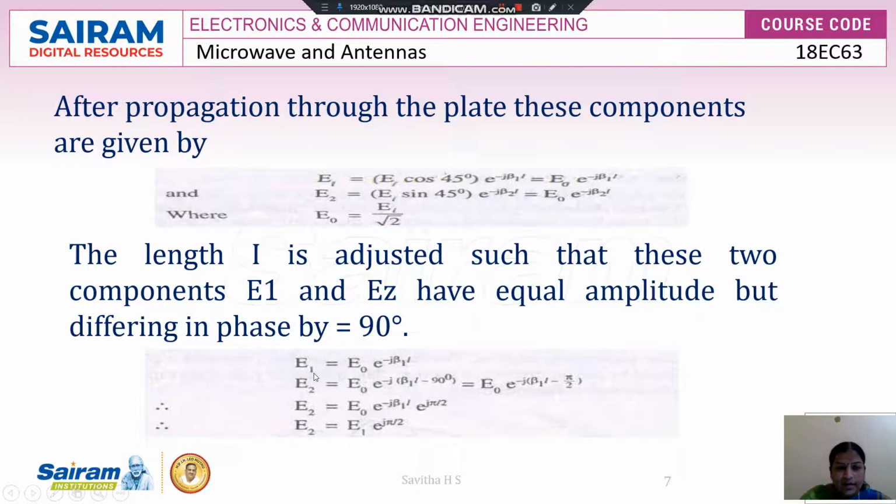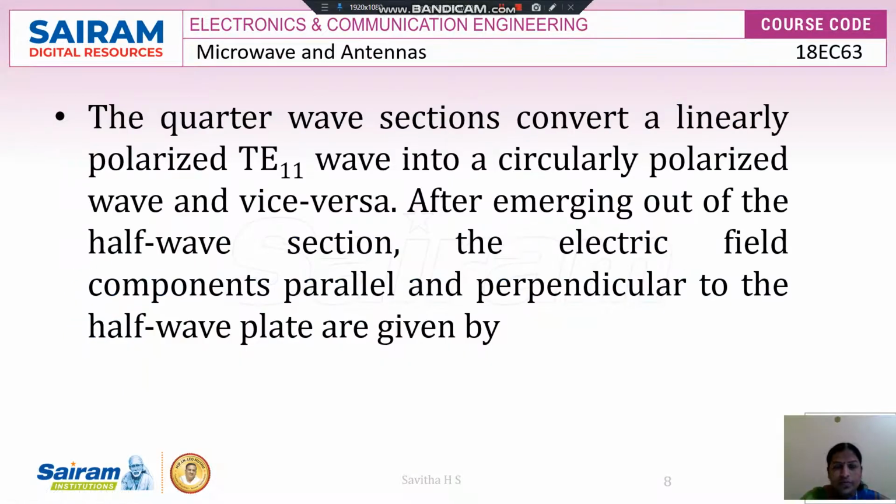So I can write E1 as E0 e to the power of minus j beta 1 L, and E2 is equal to E0 e to the power of minus j beta 1 L minus 90 degrees. So E2 is equal to E0 e to the power of minus j beta 1 L e to the power of j pi by 2. So I can write E2 as E1 e to the power of j pi by 2. So the quarter wave sections convert a linearly polarized TE11 wave into a circularly polarized wave and vice versa. After emerging out from the half wave section, the electric field components parallel and perpendicular to the half wave plate are given by,